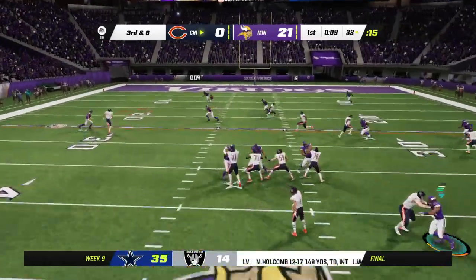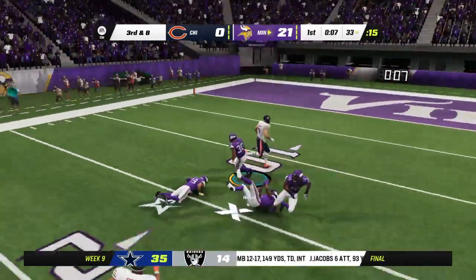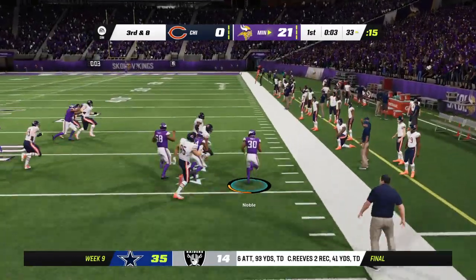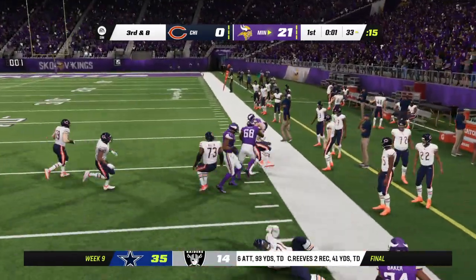Mayfield down. And here's another interception, the 3rd of this first quarter. And the Vikings are going to